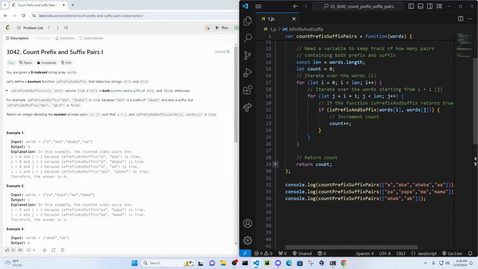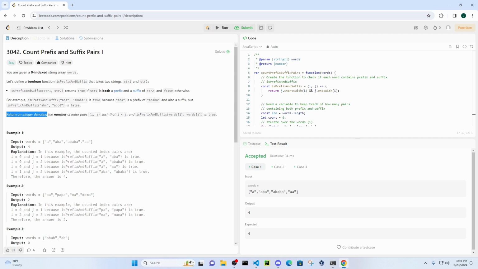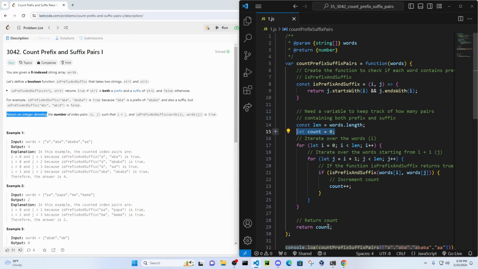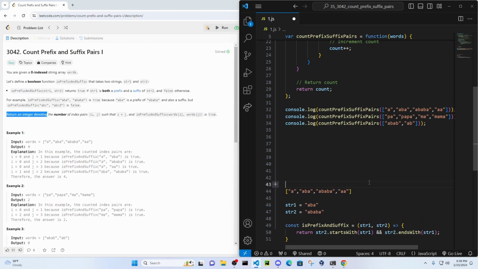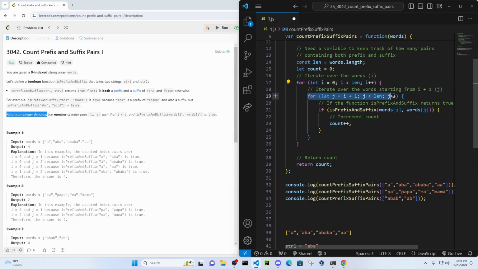And then if you read here, return an integer. So we're looking to return a number, which is the count, starts at 0, and we increment count every time this returns true. And so denoting the number of index pairs, so i and j, such that i is less than j. So let's just say this is our string. This is how we're going to be comparing it. With this for loop right here and this for loop right here,